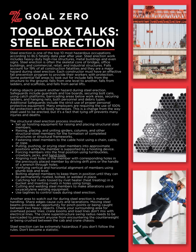forcing members into the final position using turnbuckles, crowbars, jacks, and hand tools, aligning rivet holes in the member with corresponding holes in the previously placed member by driving drift pins or the handle of a wrench through holes, verifying vertical and horizontal alignment of members using plumb bob and level, bolting aligned members to keep them in position until they can be permanently riveted, bolted, or welded in place,